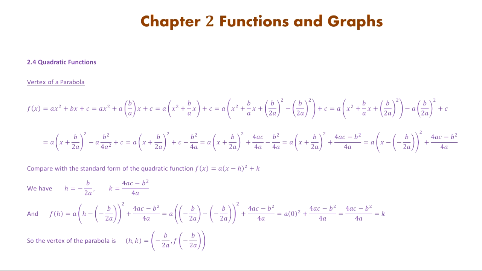The vertex will be at negative b over 2a and f of negative b over 2a. Okay, so you don't have to go through all the steps again, completing the square. This is summarized the